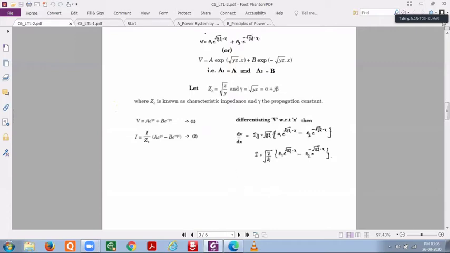So these are the final equations. Just I'm keeping it in a box and denoting them as equation 1 and 2. So just keep these two equations in your mind. V equal to A e power gamma X plus B e power minus gamma X. I is 1 by ZC bracket A e power gamma X minus B e power minus gamma X, same equation, just minus and plus. Okay, now we'll continue the analysis.